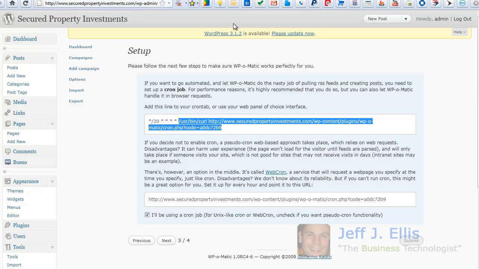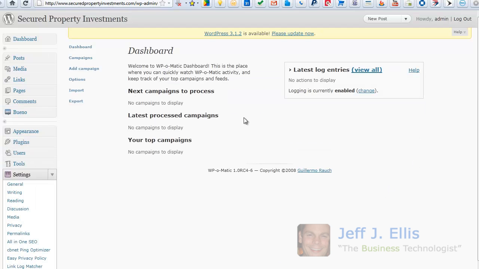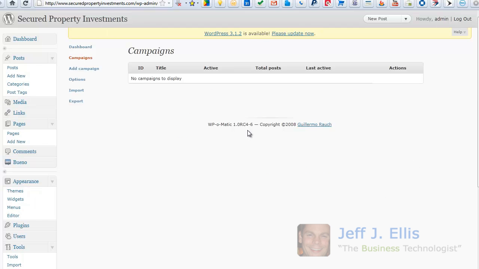Now when you go back, you just click on Next, and you're done. So now what you want to do is click the Submit button, and you're good to go. Now you click on Campaigns. You're not going to have any. You want to add a campaign. So you click on Add Campaign,